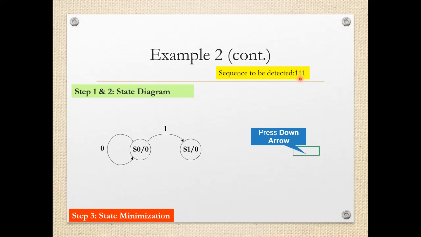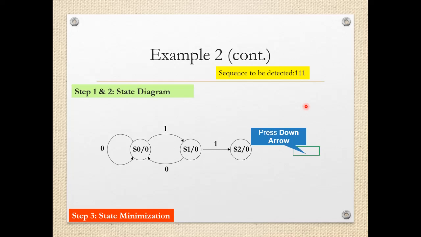Now here in S1 also we will check whether 1 is coming or 0 is coming. The correct required sequence, the second bit is 1. So first bit is already obtained. Hence we entered from S0 to S1. Now we are going to check the second bit. If 0 comes, go to state S0 because the correct sequence is not obtained. If 1 comes, go to the state S2.